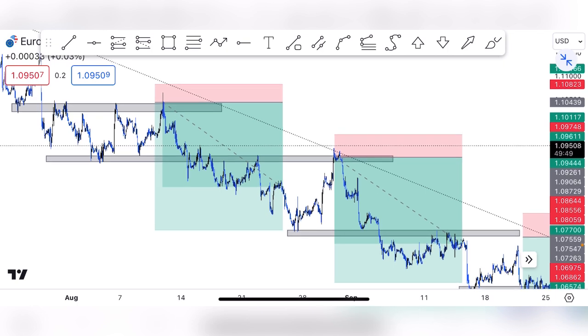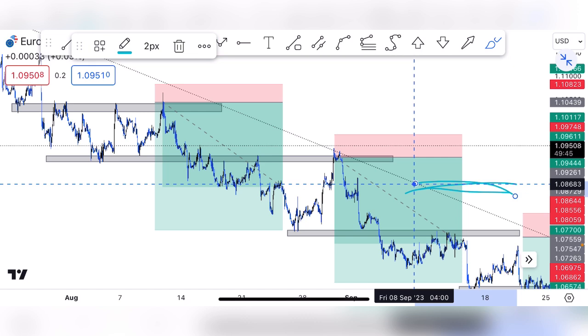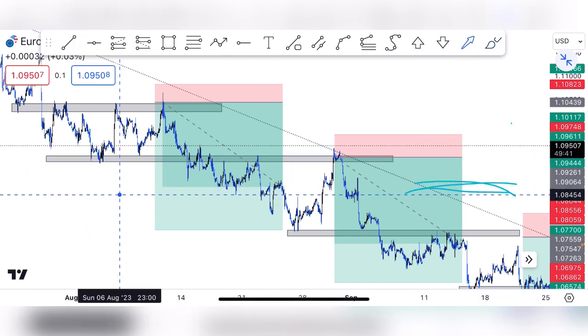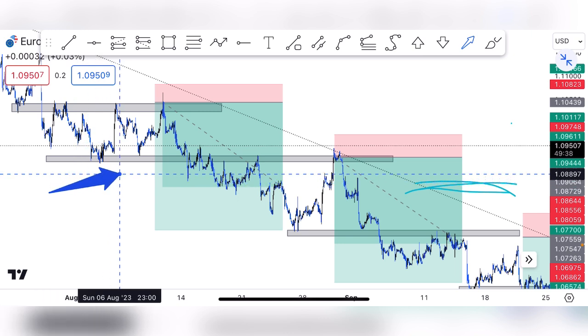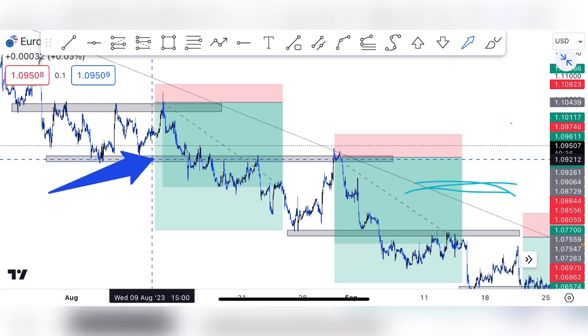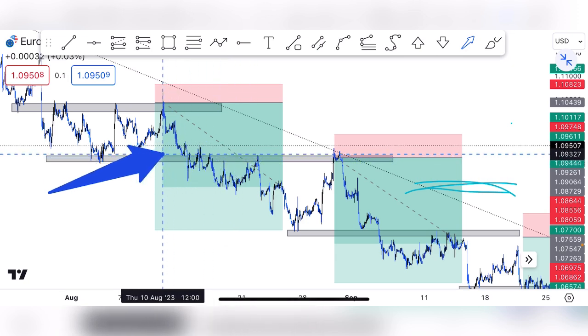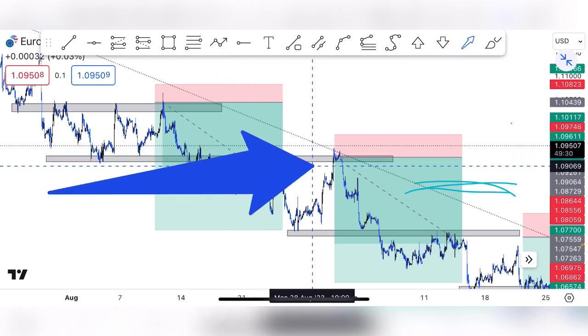So this was exactly what I was saying. The market breaks. This was the lowest point at that time, and the market breaks this point, breaks this point,